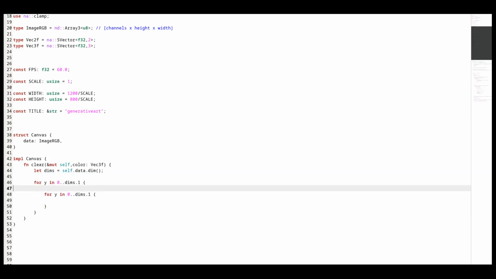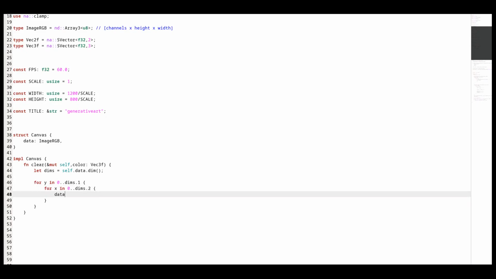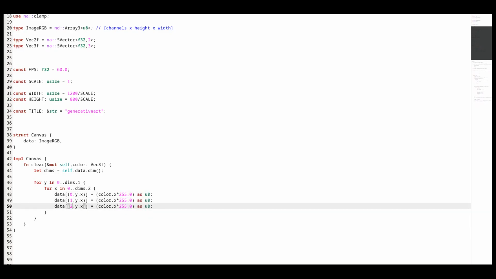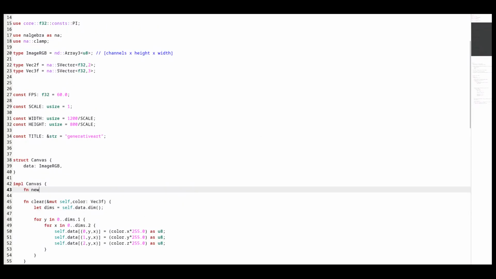Note that the color components of the argument are floats from 0 to 1, while the data's RGB is an unsigned byte from 0 to 255. I mean self data. Now method new.